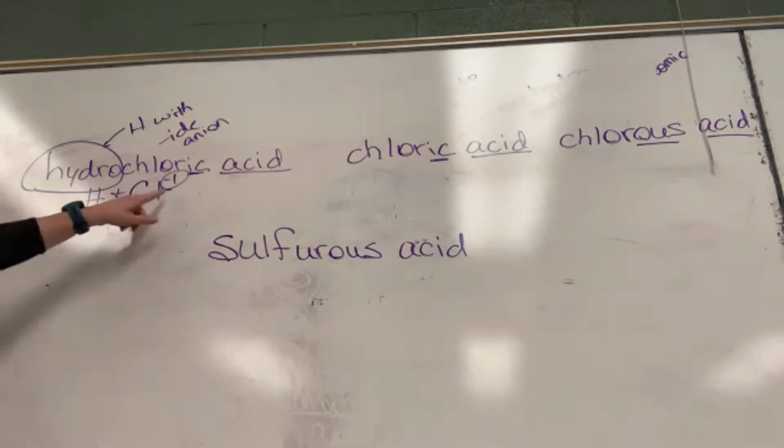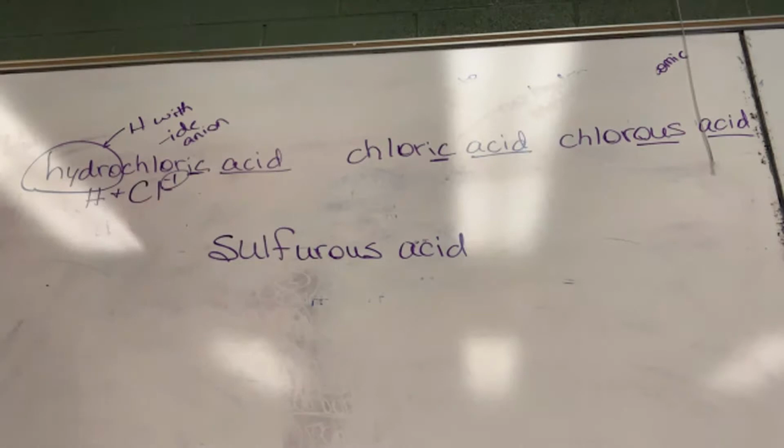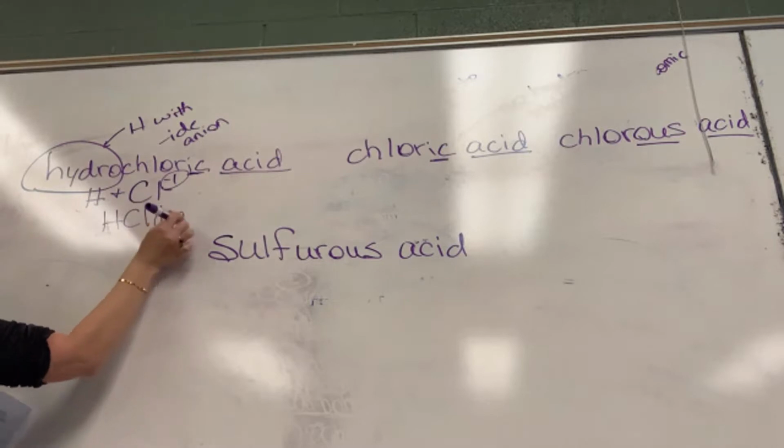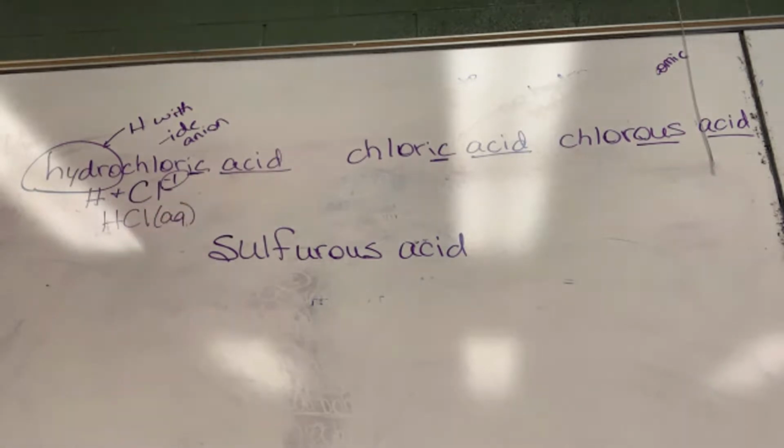So what is this number? 1. So guess how many hydrogens there are? 1. So the formula would be HCl. Everything about the name tells you, for every single chemical, that name is all the information you need, plus